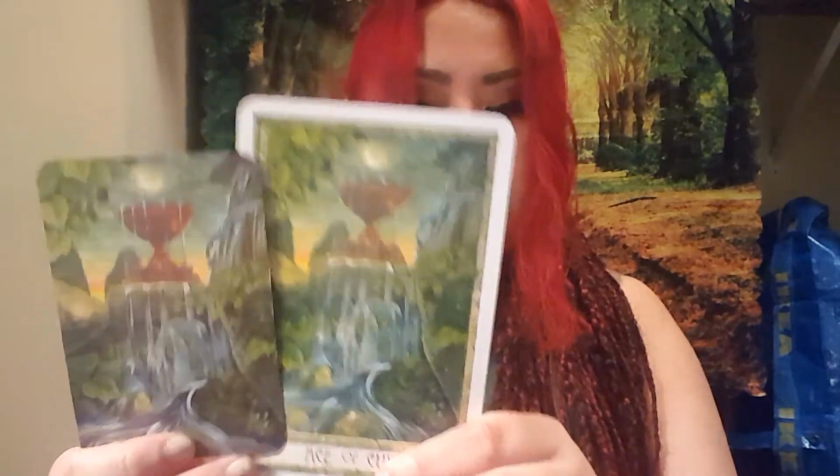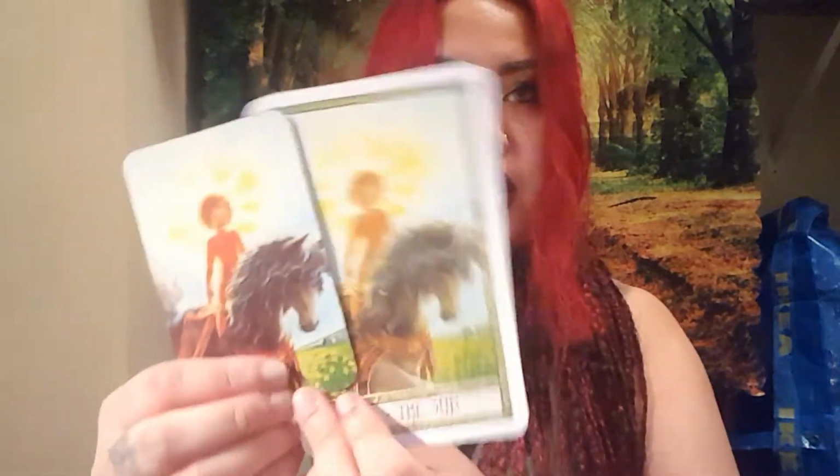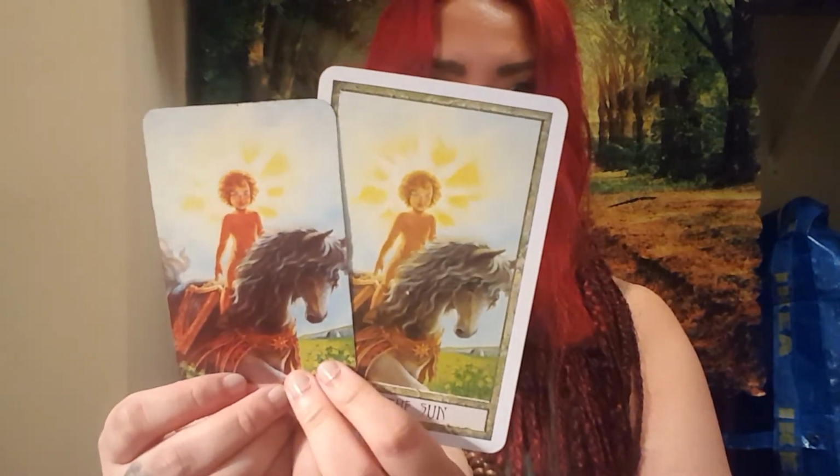So I think both of them are great. But I used to use this deck, it was one of my most used decks. And you could see there's more of a warmth here. And in this one,